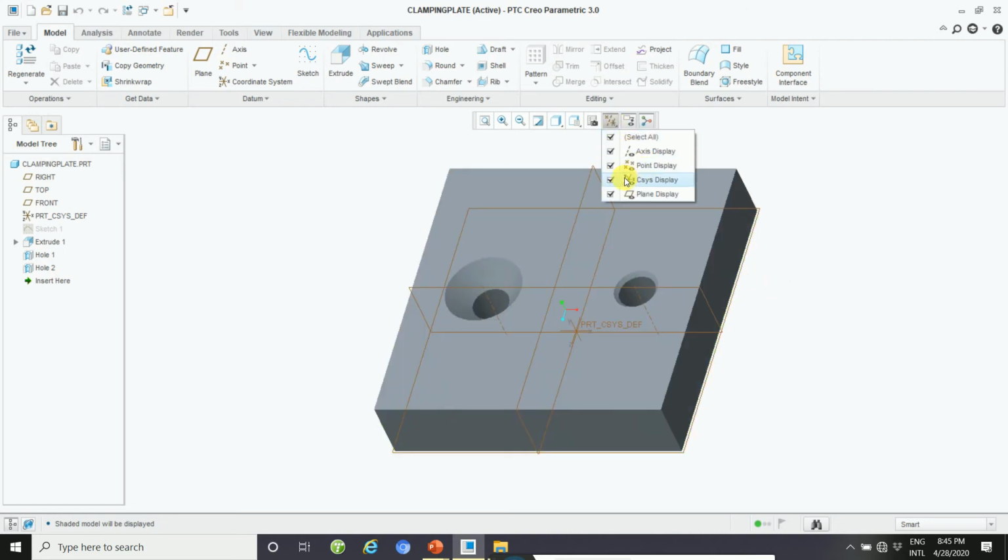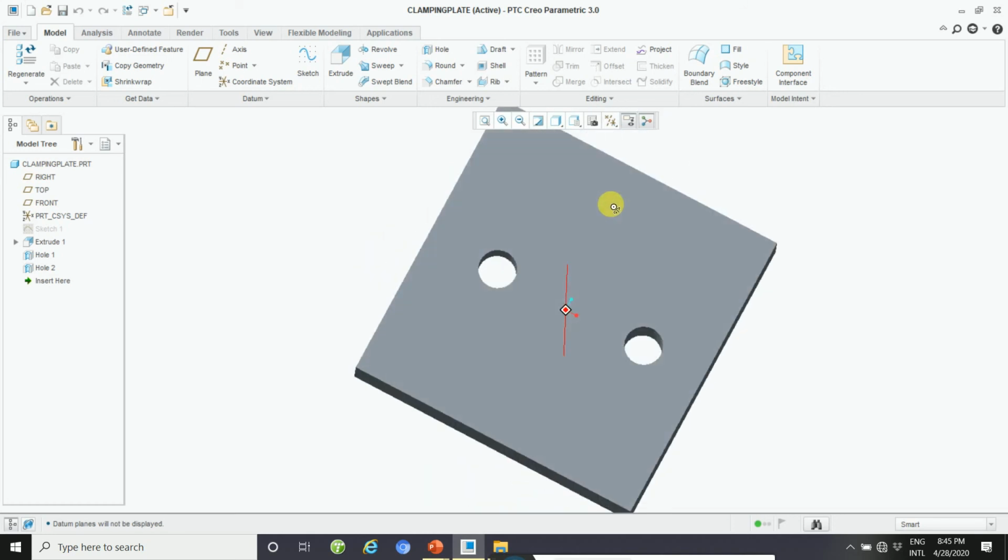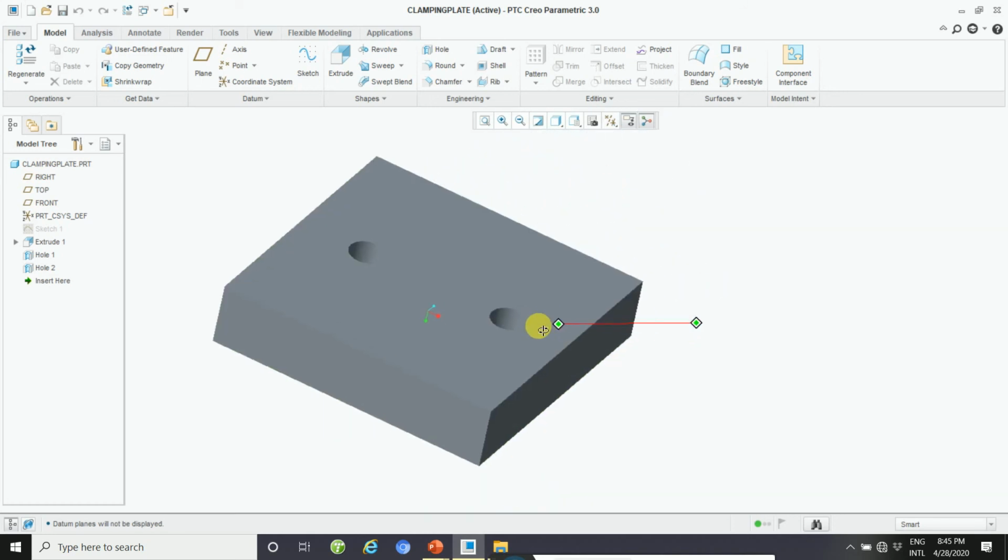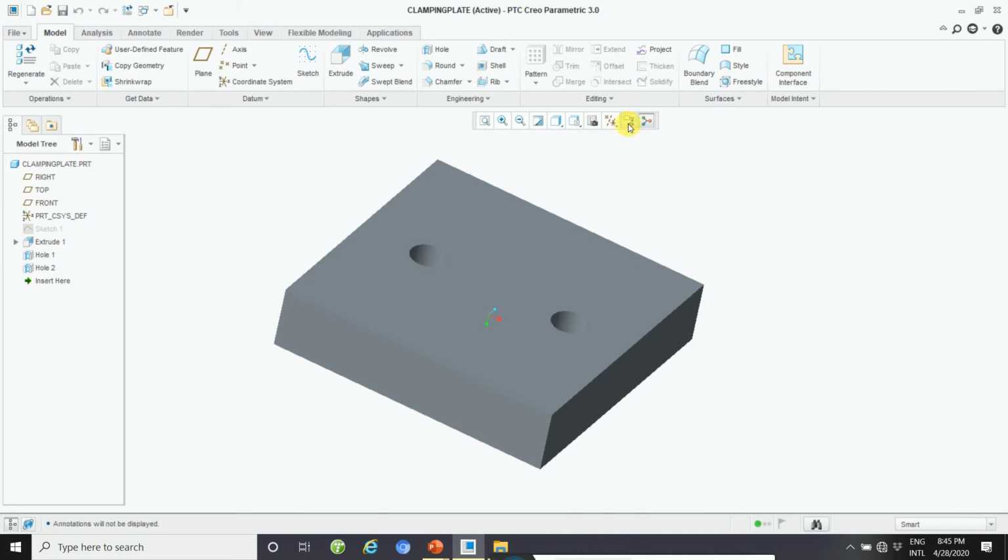And then display and hide the plane. Deselect all. This way you will. Okay, this is the spin center.